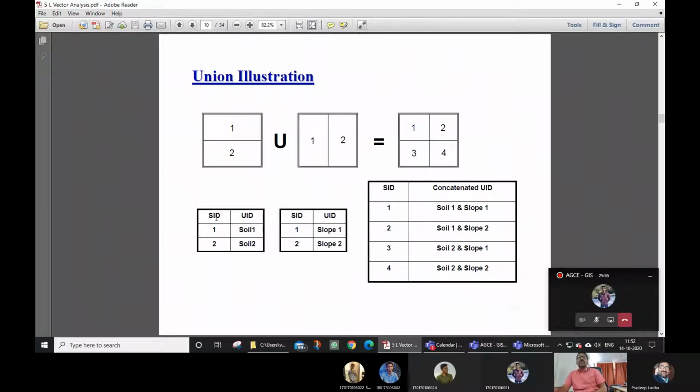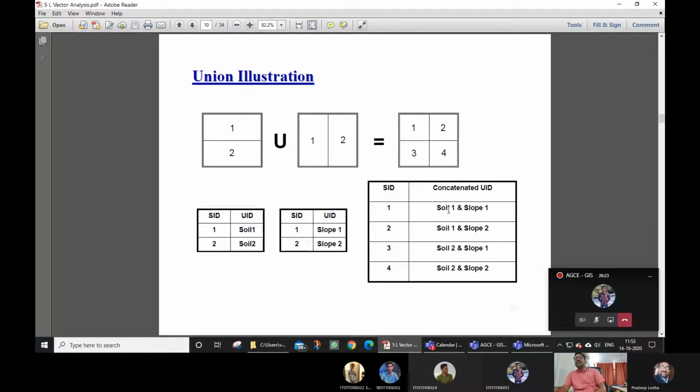So everything is joined. Now in this first layer there are two things, IDs 1 and 2, and soil 1 and soil 2. For this layer, there are two IDs, 1 and 2, slope 1 and slope 2. When you run a union operation on these two, the third layer would be created like this, with 4 IDs generated: 1, 2, 3, and 4.